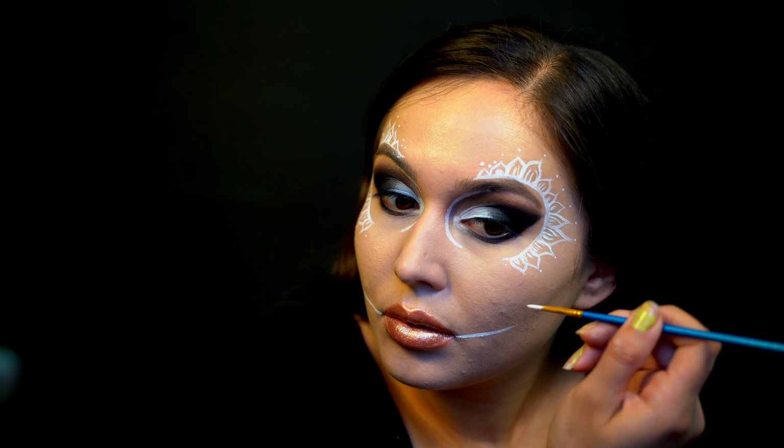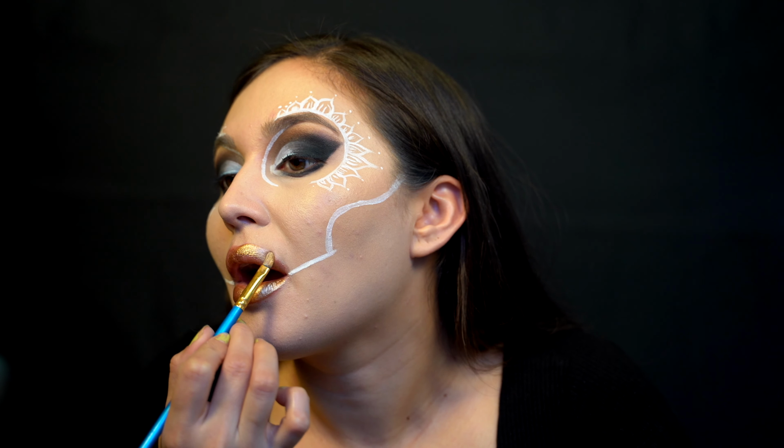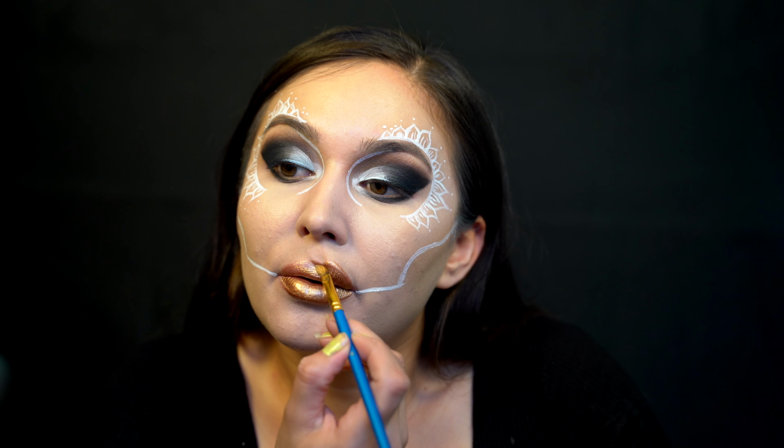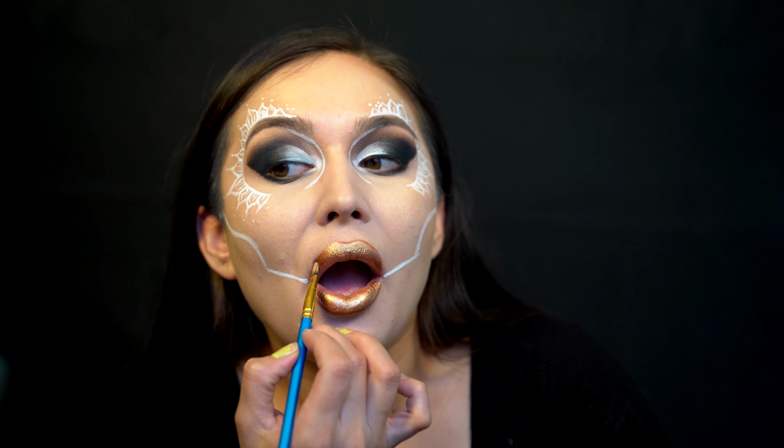And be very careful to have a light touch here because you don't want a very, very thick line. I'm also painting over my lips with a nice gold color. I believe the exact shade is called Aztec Gold. The reason I'm not using a lipstick is because I want it to dry down, because I'm going to be painting over this as well. If you do use a lipstick, try to make sure it's matte or that it dries down completely